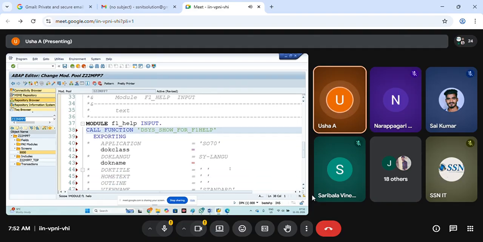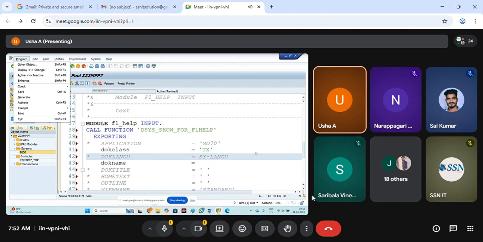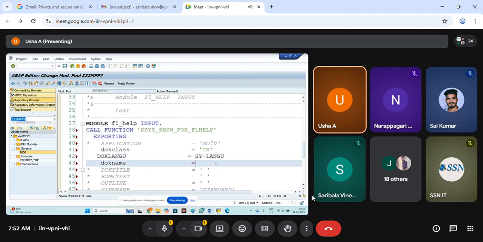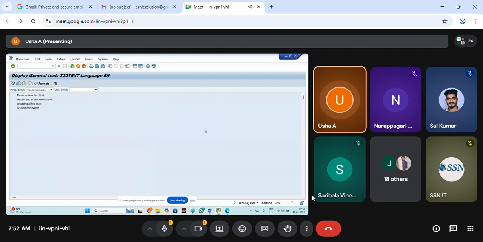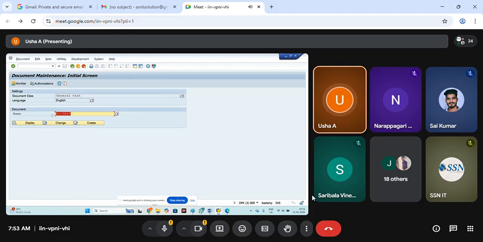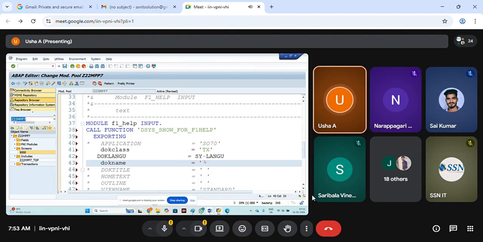Just go to that documentation class, which will always be TX, and the language which is used. The system logging language. What is the text name I chose in SE61? Z22 text. This is the name which I need to pass here.